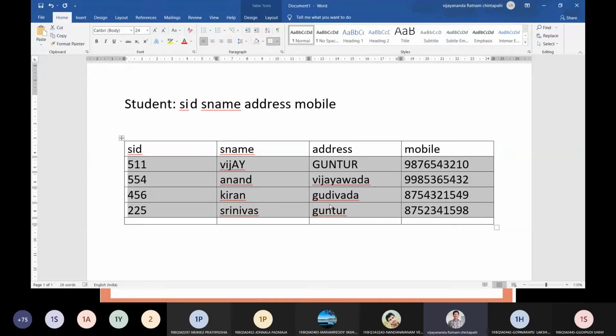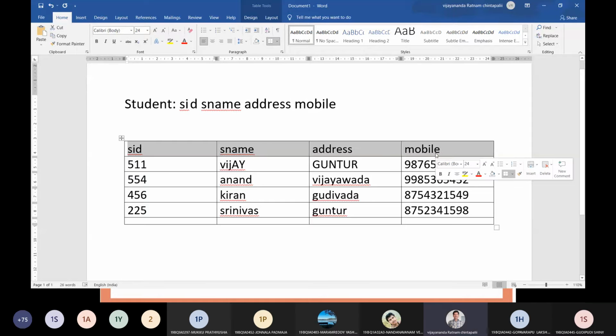Next, some terms regarding this relational table. The number of columns or attributes in a table is called the degree of the table or the degree of the relation. The degree of this table is 4, because there are 4 columns.